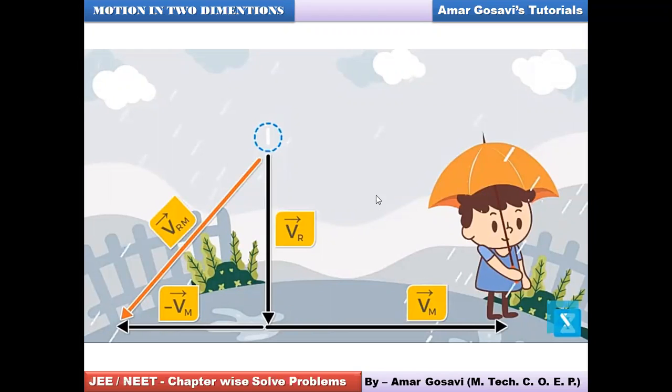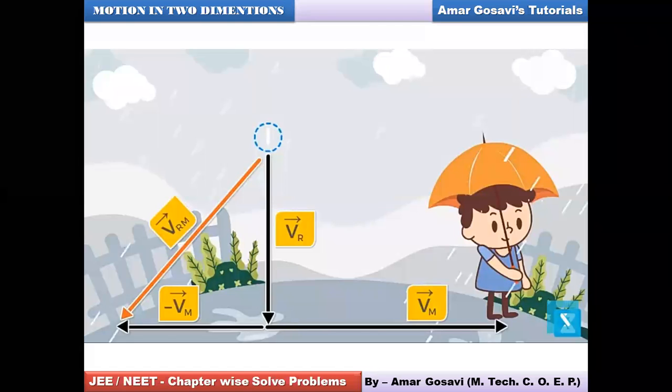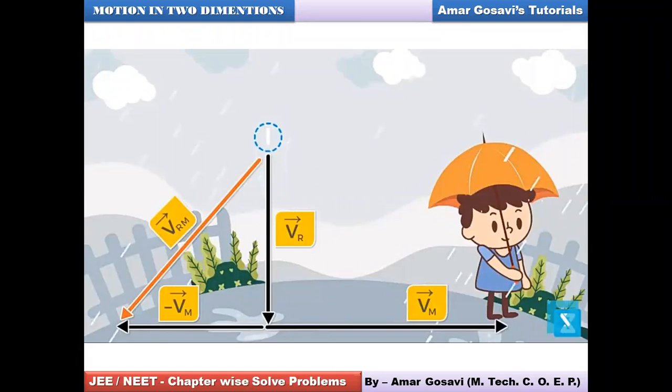That's why, along the y-axis, if you consider VR, you make a vector diagram with minus Vm in this direction. This is how you will work it out. The third side of the triangle will give you the relative velocity of rain with respect to man. Please make a note of this, because unless you draw the vector diagram like this, it will be a tricky situation. Once you are done with it, just let me know so that I can proceed to show you how the problem is solved.